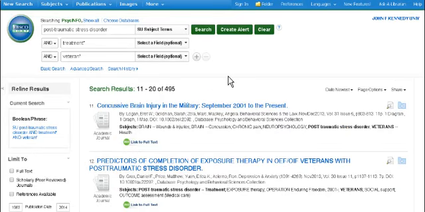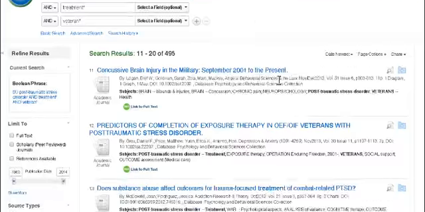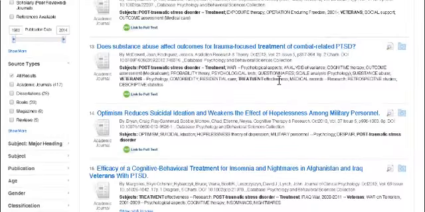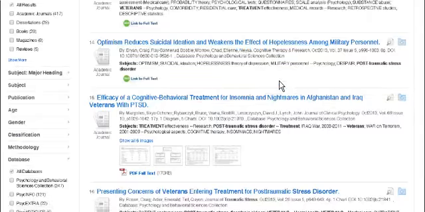In some cases, another little thing I want to show you is unlike Google or a lot of other search engines, this database is not ranked by relevance. It's ranked by the most recent article that matches your search. So in some cases I find that students do a search and the whole first page, the articles don't look very relevant. So